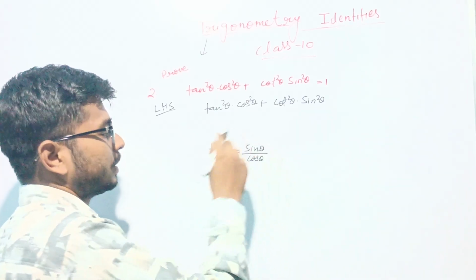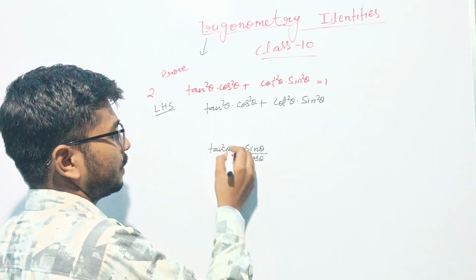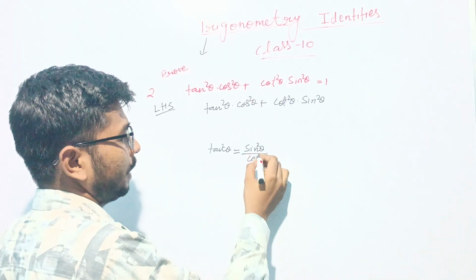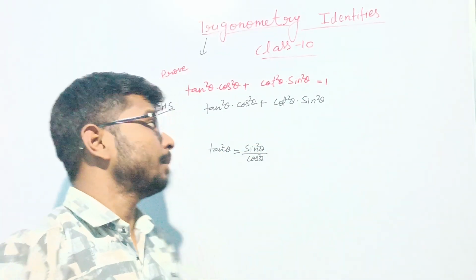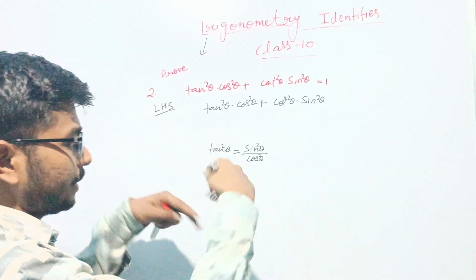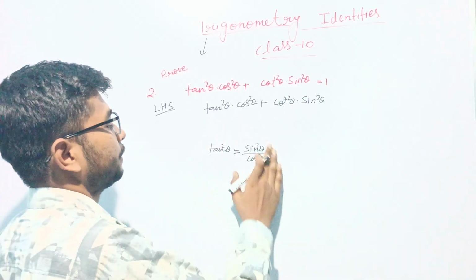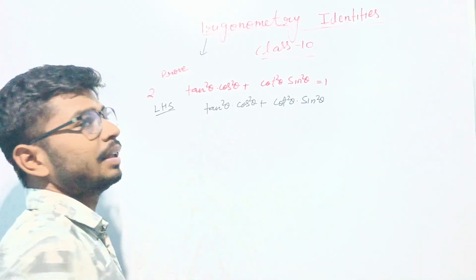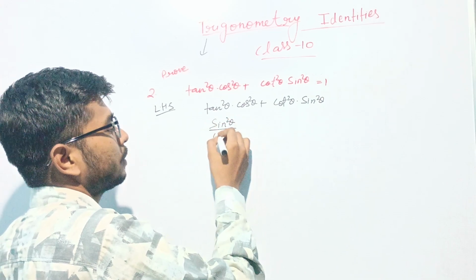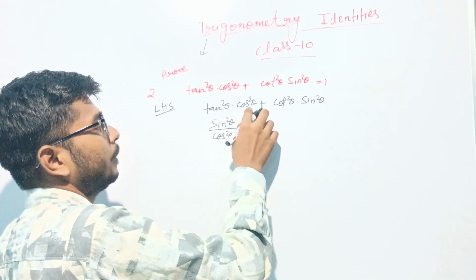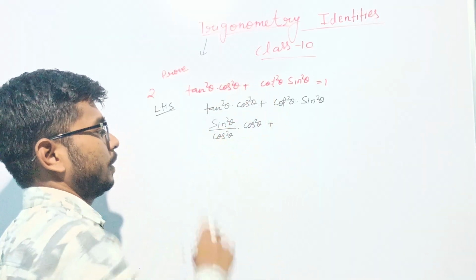So tan square theta will be sin square theta upon cos square theta. Similarly, for cot square theta we can just reciprocate: cos square theta upon sin square theta. Let's put it here: in place of tan square theta we write sin square theta upon cos square theta, into cos square theta, plus